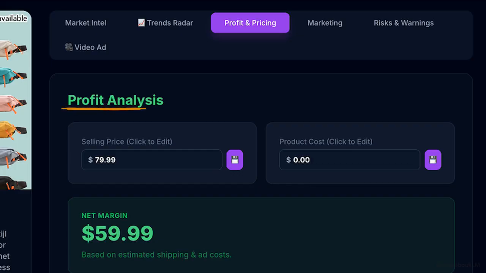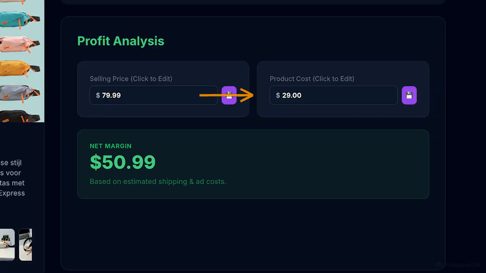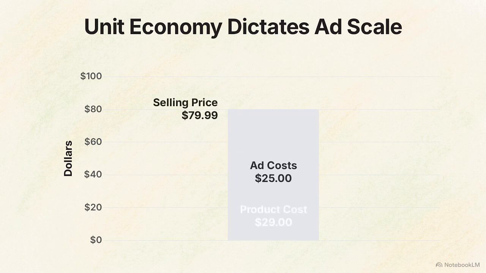Next, we move to the Profit Analysis tab. It is dangerous to rely on the default numbers here. A $79.99 selling price with a $0 product cost creates an unrealistic margin. To get an accurate picture, we input the real-world supplier cost of $29. That leaves us with a true net margin of $50.99. A product is only worth testing if that final unit economy gives you enough profit margin to sustain aggressive advertising